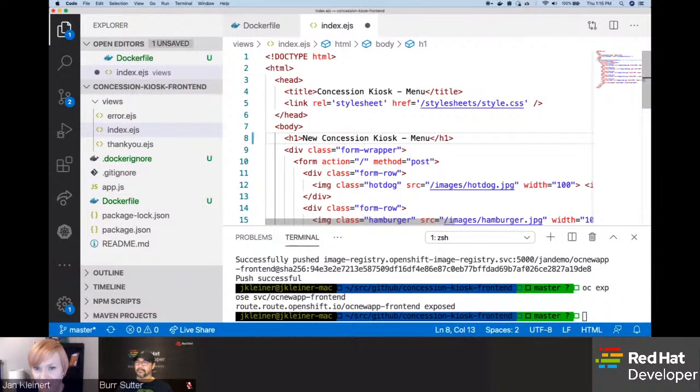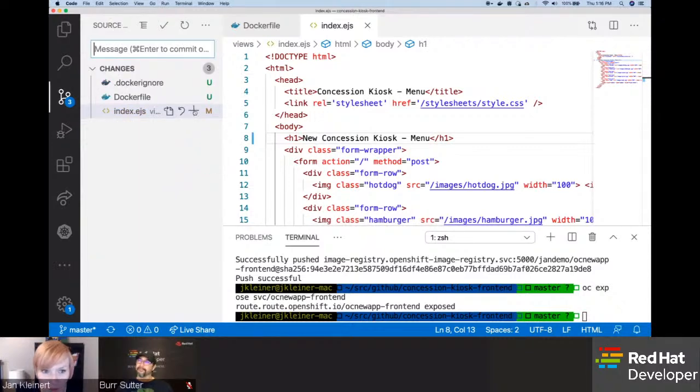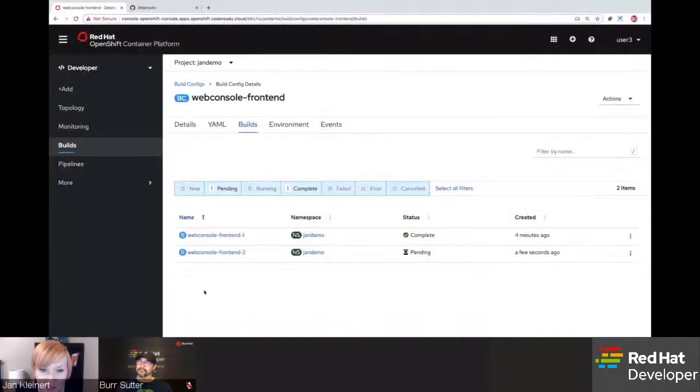So we'll call it new concession kiosk menu, and I'll save that, and we will give it a message and submit those changes, and then very fast, once I make sure it works, okay, very fast, we will come back over here, and a new build has been kicked off, just a few seconds ago. So as soon as that GitHub push was made up to my repo, that webhook triggered and started